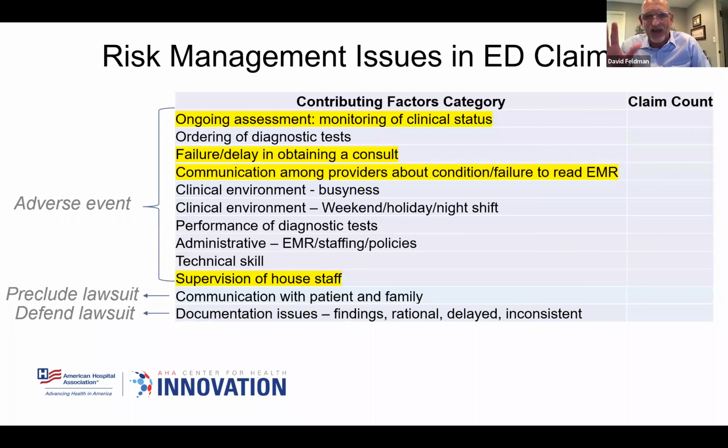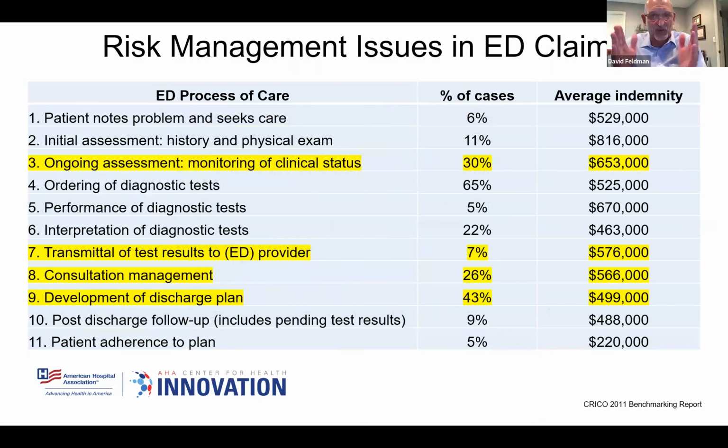So I think this gives you a sense of how we can take malpractice data for a particular high-risk specialty, divide it up into these contributing factors, these 3 Ps, to identify where the opportunities are to improve teamwork and potentially avoid an event and a lawsuit. This is a specific way that our friends at CRICO have developed the so-called ED process of care. It's just a collection of those contributing factors that make sense when you think about the experience of an emergency room patient. From the time that the patient notes a problem, they go to the ED to get care, there's an assessment, ongoing assessment, testing, and so forth, transmittal of testing, consultants, all the way down to the patient actually